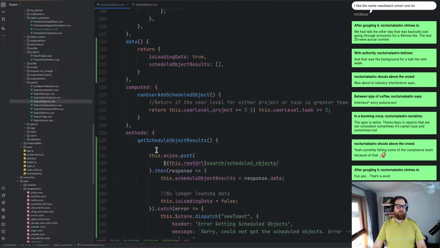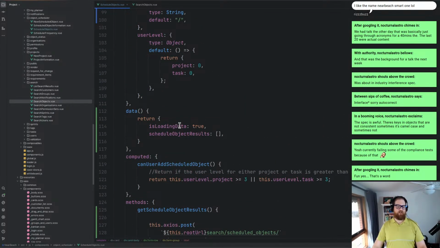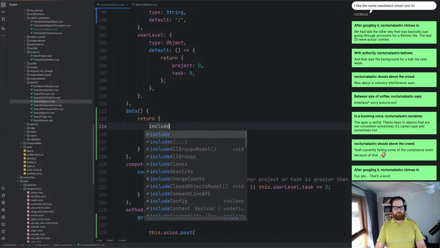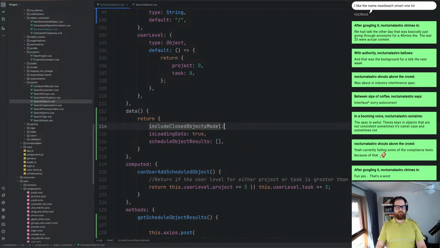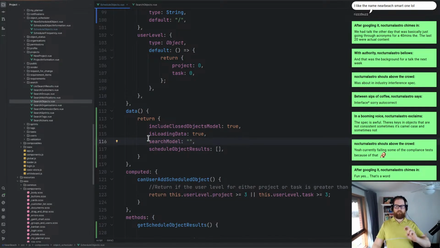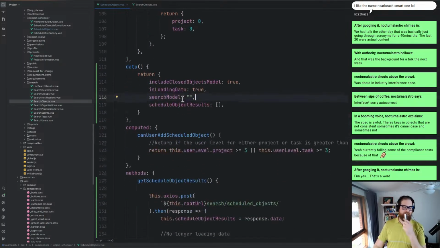So, default sort of stuff. Okay, cool. Include closed object models, and that's going to be true by default. And then what we want is search model. And that by default is just going to be a simple function. Yes, that's a word. Alright, so